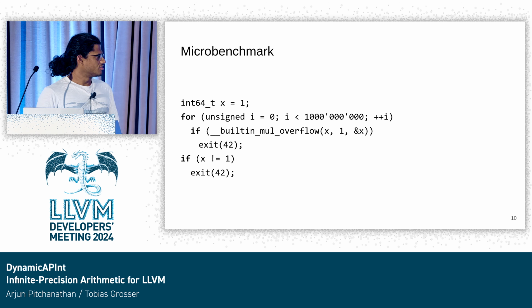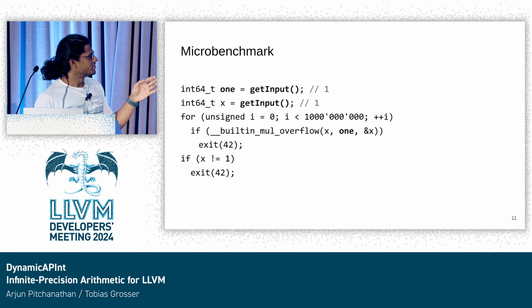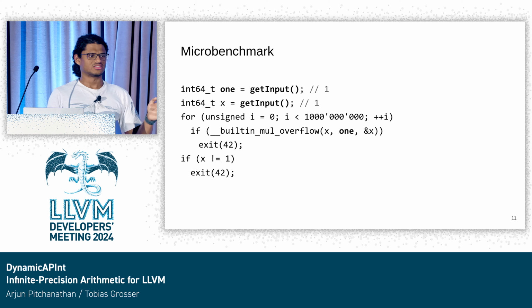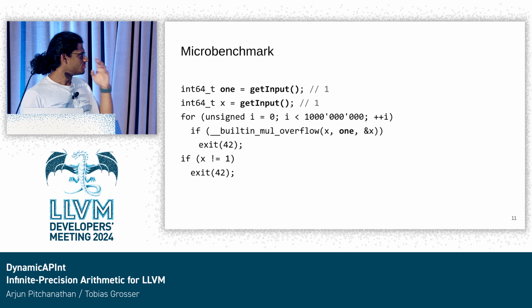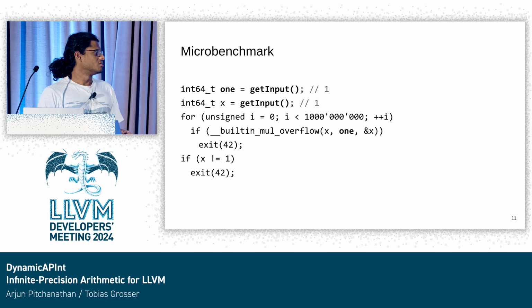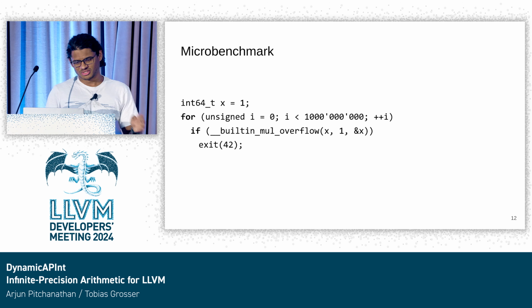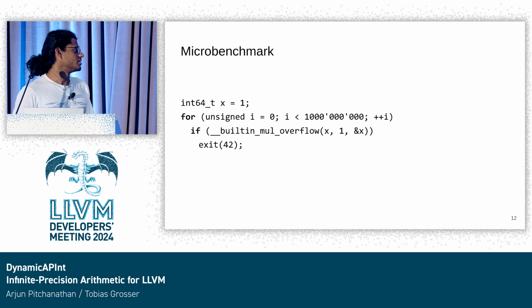So, of course, the compiler could optimize the whole thing away. So we need to do a couple of things. We need to use x. And instead of having 1, because it knows that 1 times 1 is just 1, it's going to optimize the whole thing away, we can take it as input. But let's ignore all of that and assume that we convince the compiler not to get rid of the whole